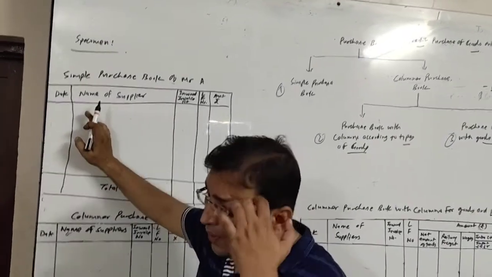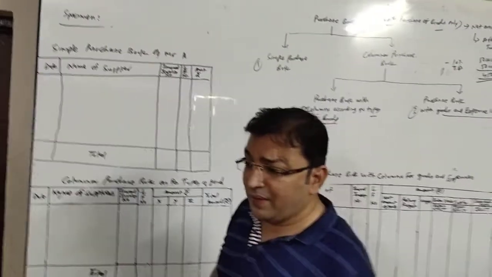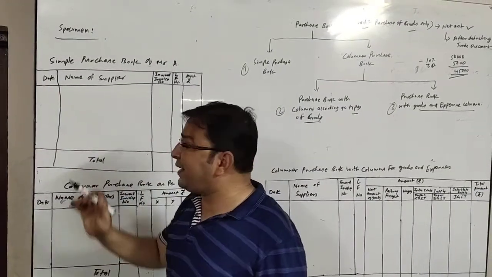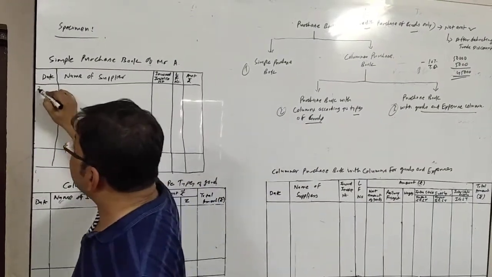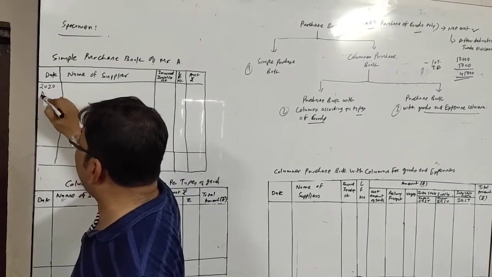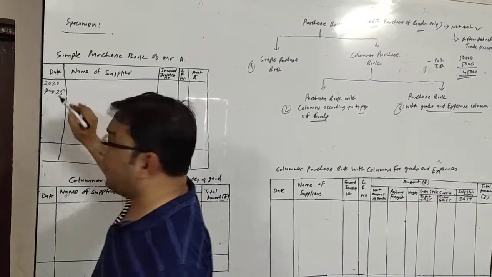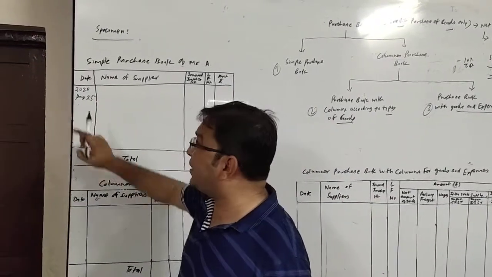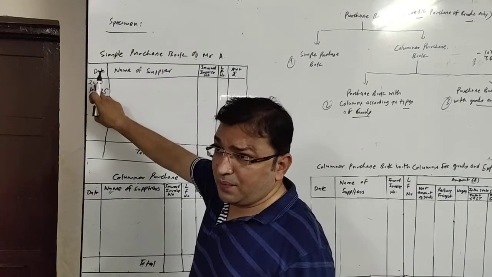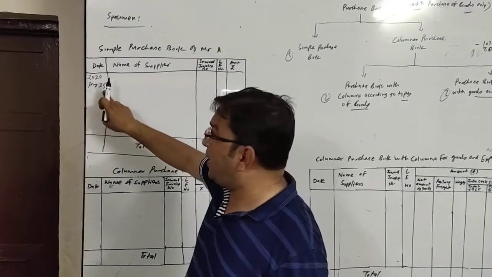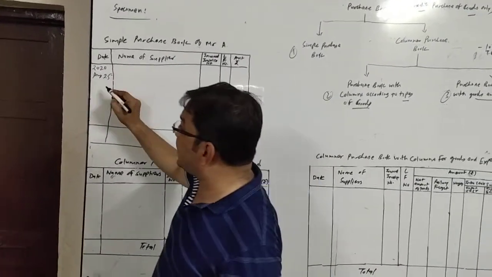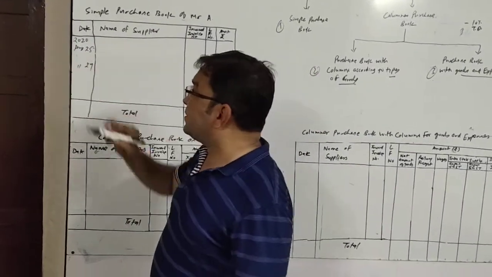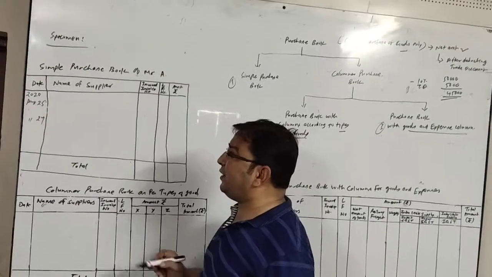We very well know, we have already studied journal. We get the first column for date, and we write the date in that format only. Suppose today's date you want to write and it is August 25, 2020. So first of all the year 2020 is written, then the month and then the date, and then suppose the next transaction is on the 27th, so August 27. This is the way of writing date.